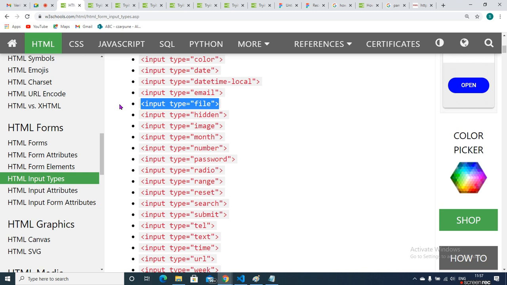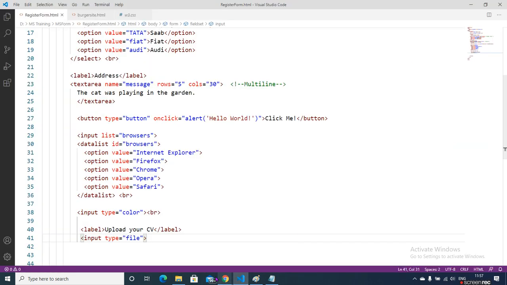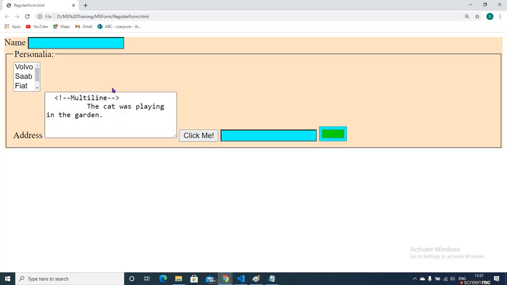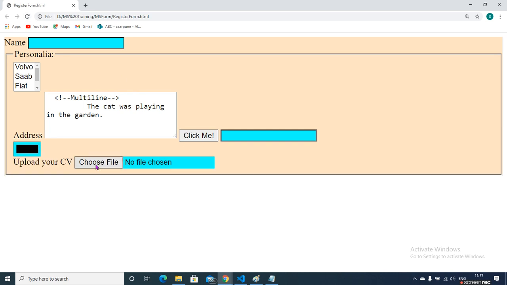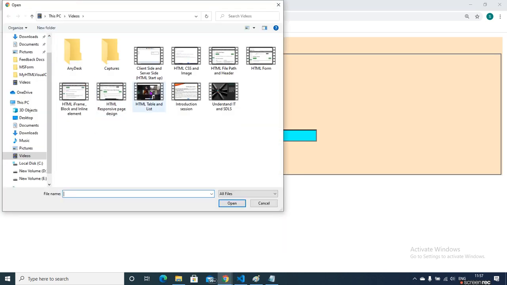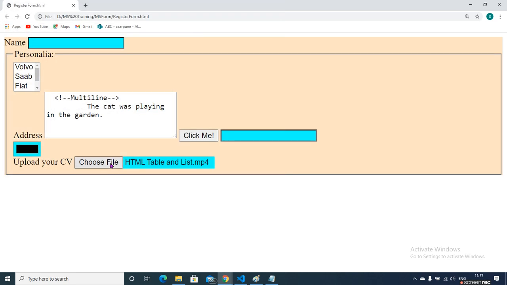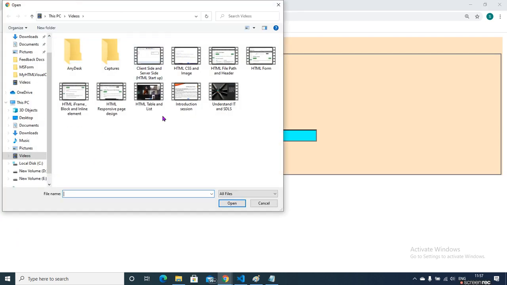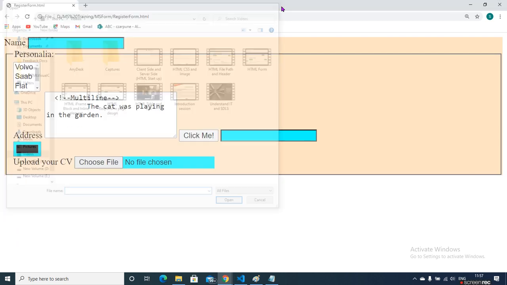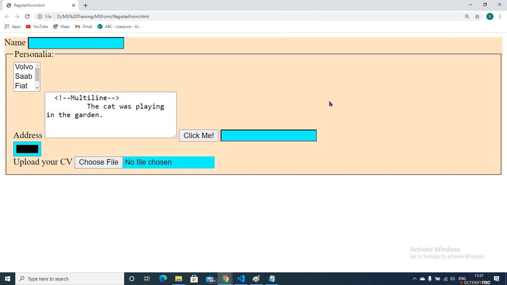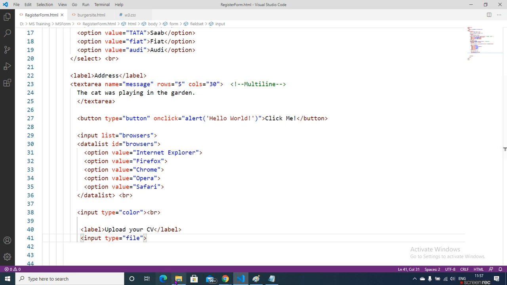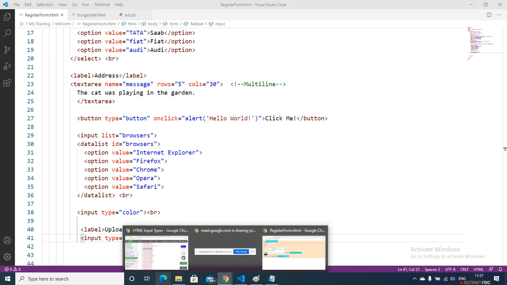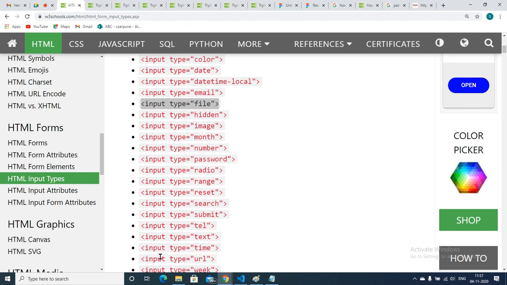Okay, save this. Now I'll go to my page and refresh. Okay, see, you can choose the files, any file, like this. As of now we are not doing any operation, we just choose the file, and what it does is it opens Windows Explorer to select the file from my system. So you can use the choose file. So as you can see, there are different elements. Now I'll just show you the selected elements.